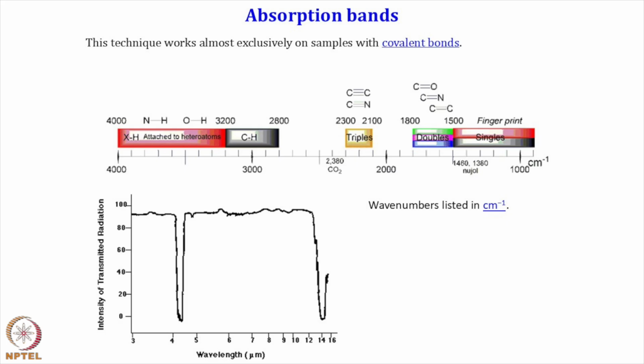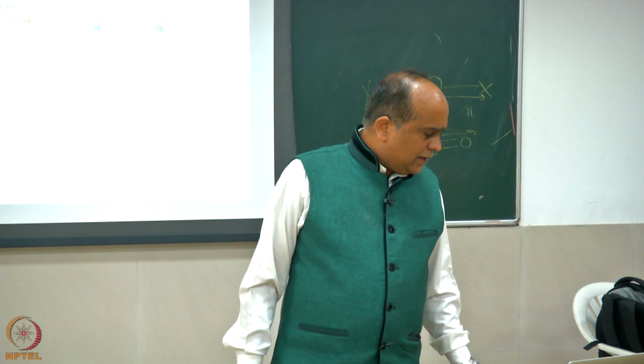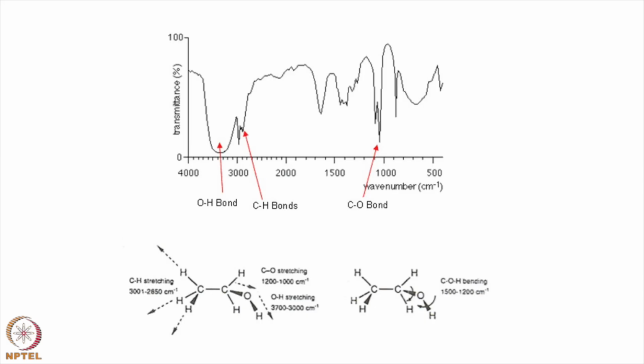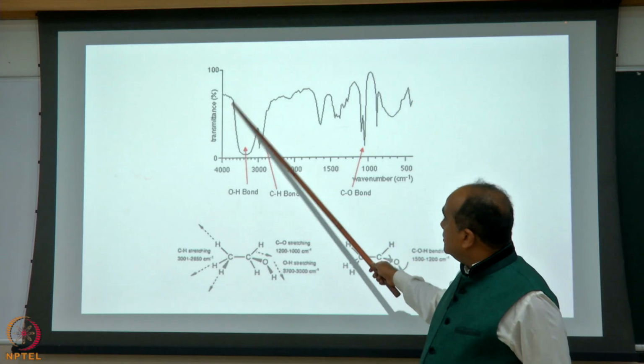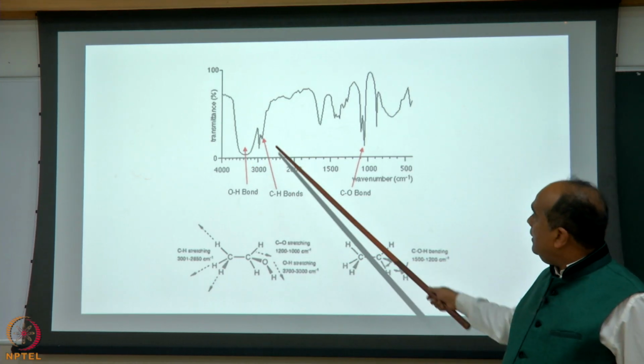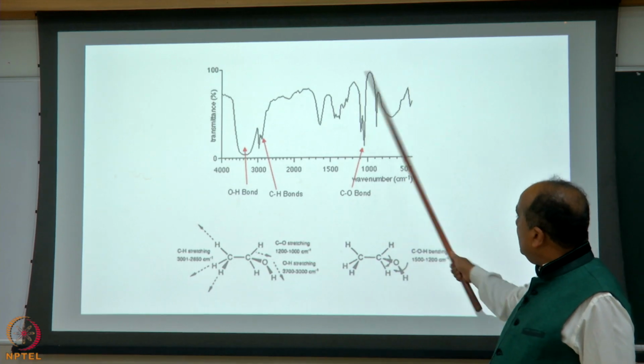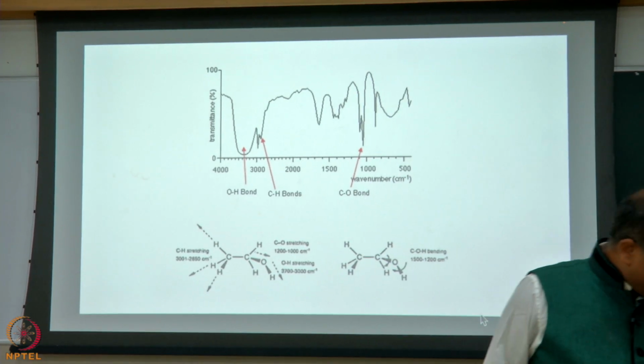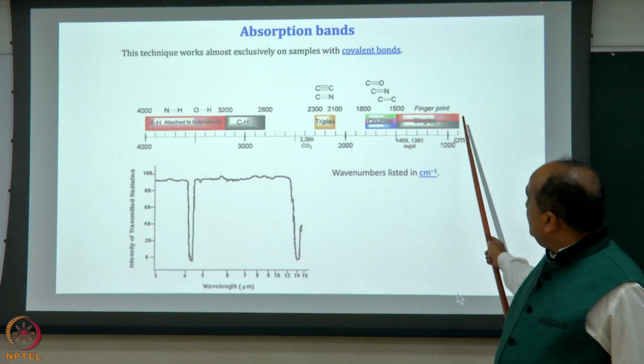That's what you get in wave number, and it gives you an idea about the molecule. Depending upon what molecule you have, you get this kind of spectrum. Here is the intense OH bond, here you can have a CH bond, CO bond, different CH2 bonds and all those. And since they are deterministic of the functional group,